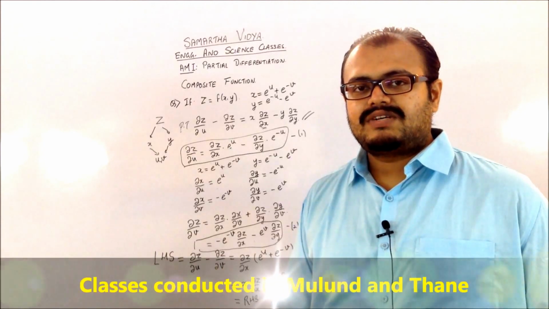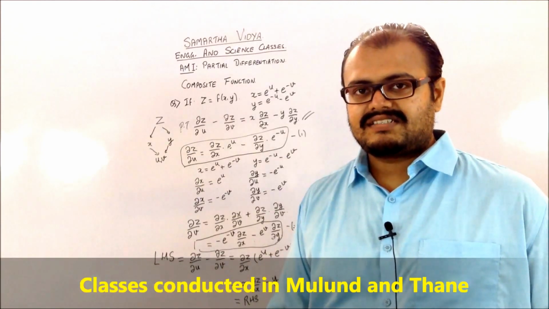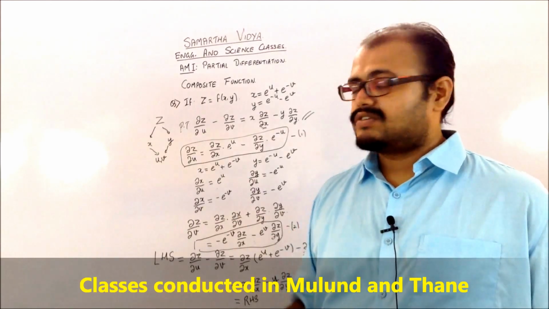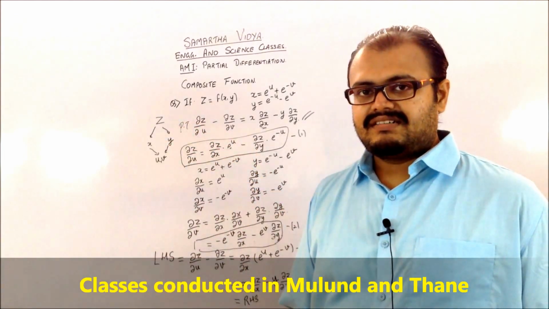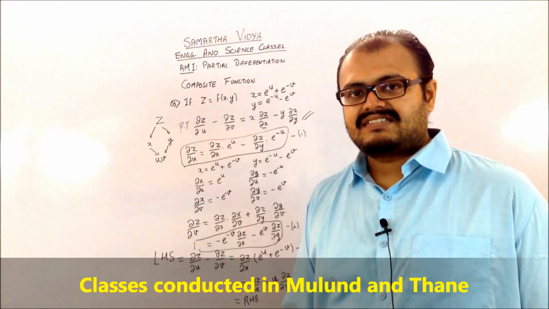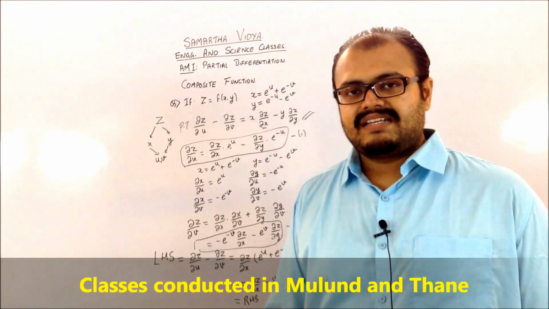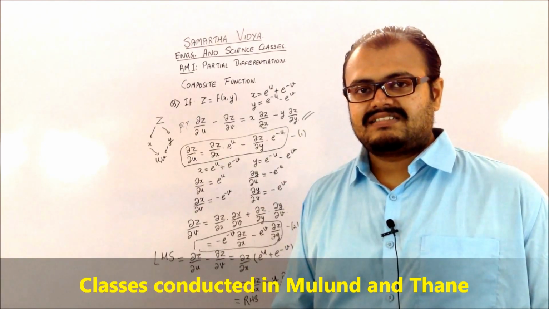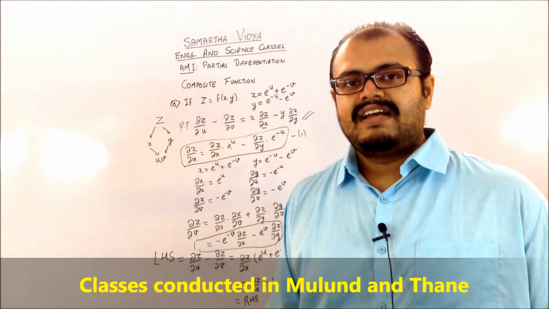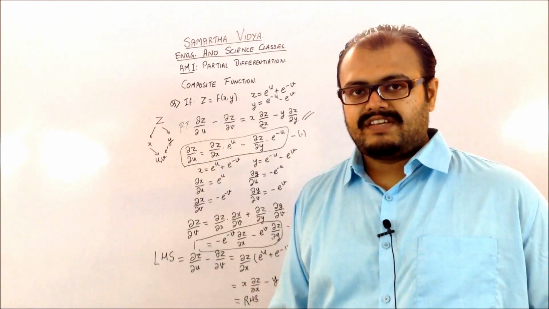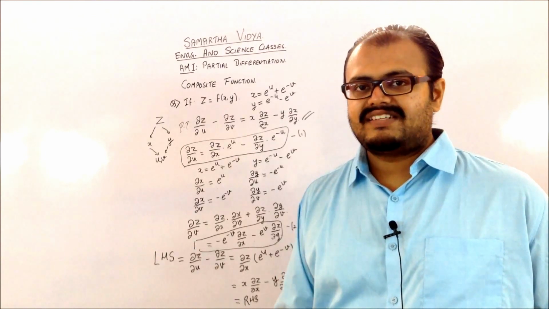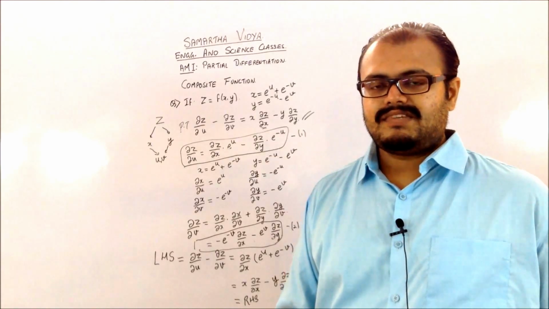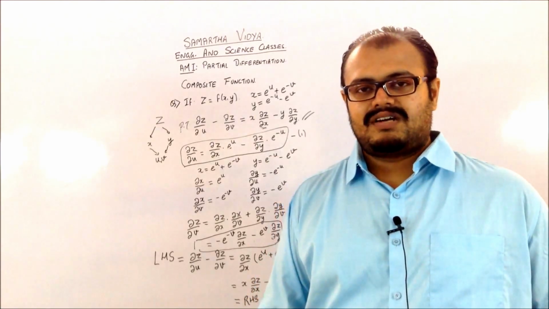In this case what you have to understand is how the functions are related to each other and which are going to be considered as the independent variables. So in this case my z was a function of x and y, and indirectly my x and y were functions of u and v, which we are assuming are independent of each other. Because we are assuming they are independent, whenever you are taking the partial derivative with respect to either u or v, u will be constant if it is with respect to v, and v will be constant if it is with respect to u. So this is just the basic concept for your composite functions.